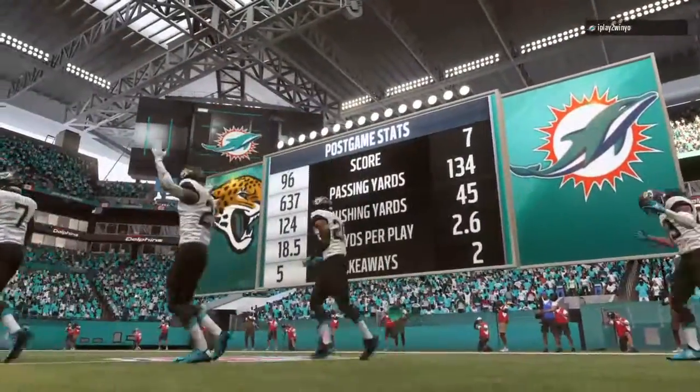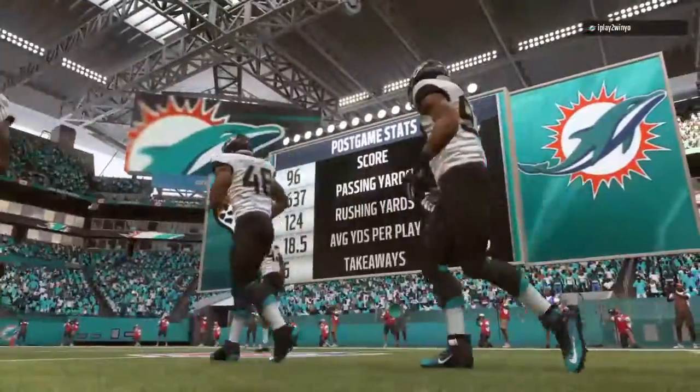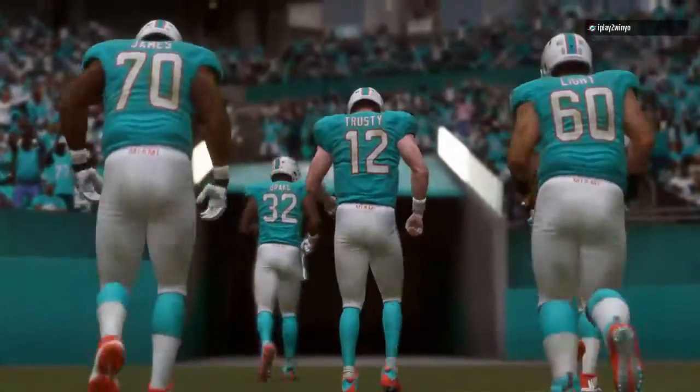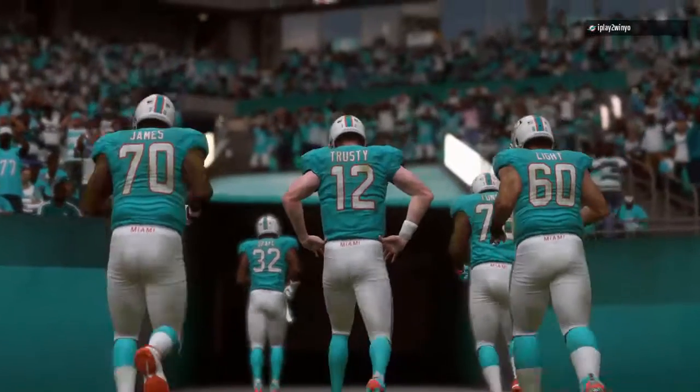So for Jacksonville, it's a dream start. 2 wins in 2 early road games. And they'll return home next week to take on the Carolina Panthers. Meanwhile, for the Dolphins,